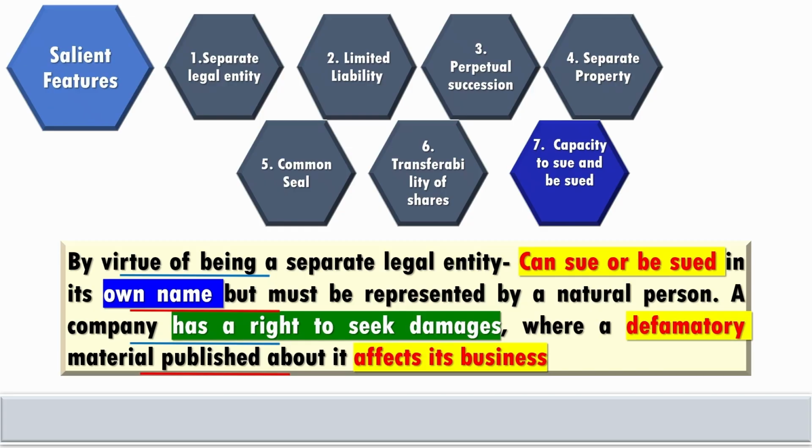In all, there are 7 unique features of a company: separate legal entity, limited liability, perpetual succession, separate property, common seal, transferability of shares, and capacity to sue and be sued. The unique feature of separate legal entity gives freedom to the operators of a company,